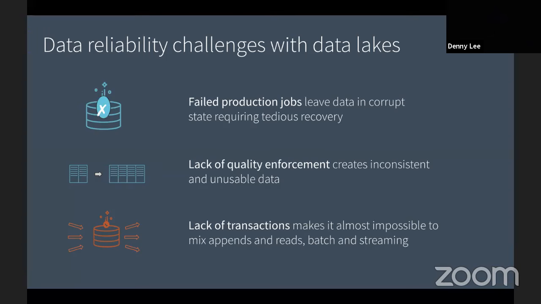And this lack of transactions makes it nearly impossible to combine batch and streaming together, right? Because as you have streams of data running in at the same time, at what point can you trust the data as it's coming in? Well, if you have a transaction that'll protect it, then sure, then you've got something to work with. But if you don't have a transaction protecting that data, you don't know if the data that's being written in here is the final state. And so how can you then combine that with your batch data?